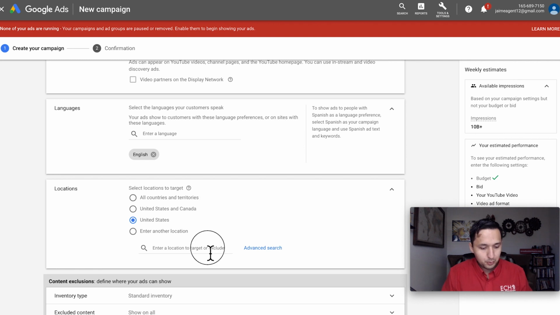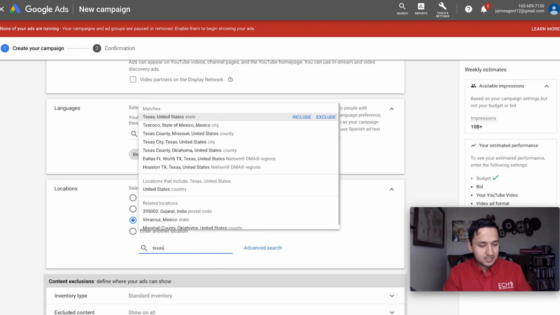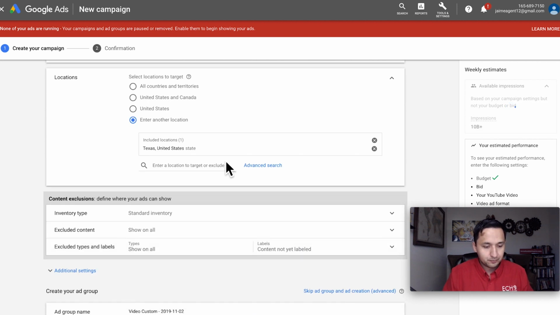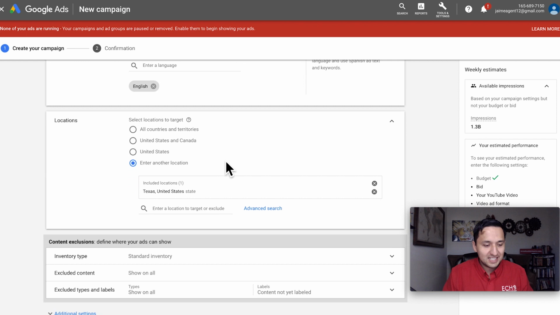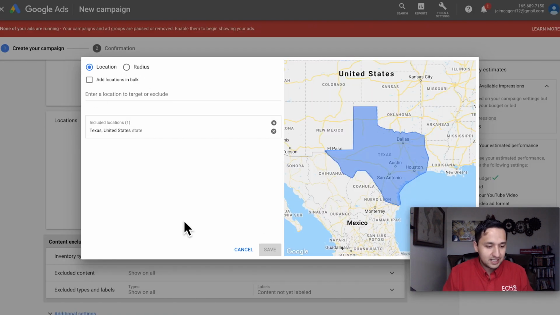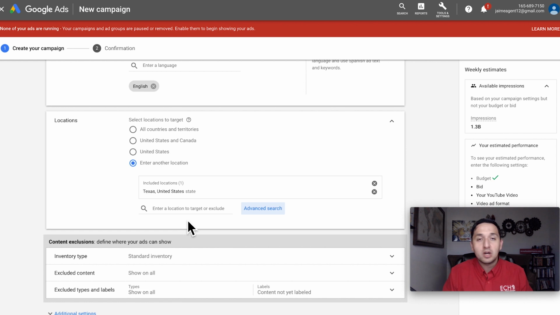And as far as where we want to target, let's just say Texas for the sake of advertising in Texas. And notice one key distinction here. Whenever you go to advanced search, you can select radius and all that fun stuff. If you have run Google Ads in the past, we're talking about YouTube right now, but if you have run Google Ads in the past, you had the distinction of selecting people that were interested in the geography that you highlighted, or selecting